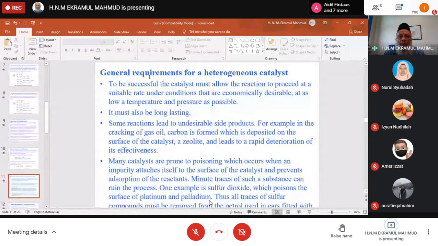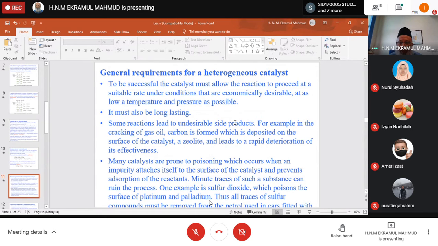So the requirements list is that to be successful, the catalyst must allow the reaction to proceed at a suitable rate under conditions that are economically desirable, at as low temperature and pressure as possible. It must be long lasting. Another criterion: some reactions lead to undesirable